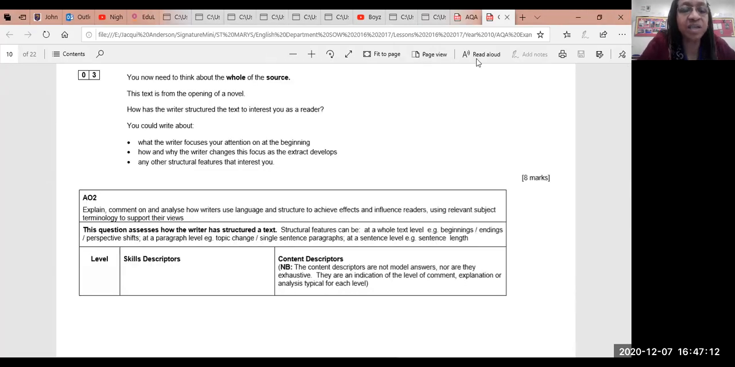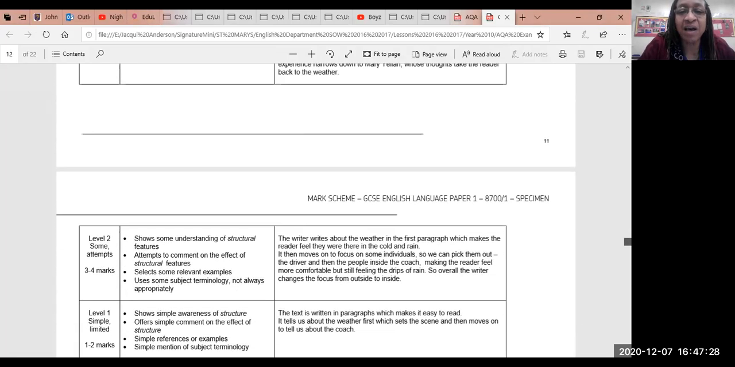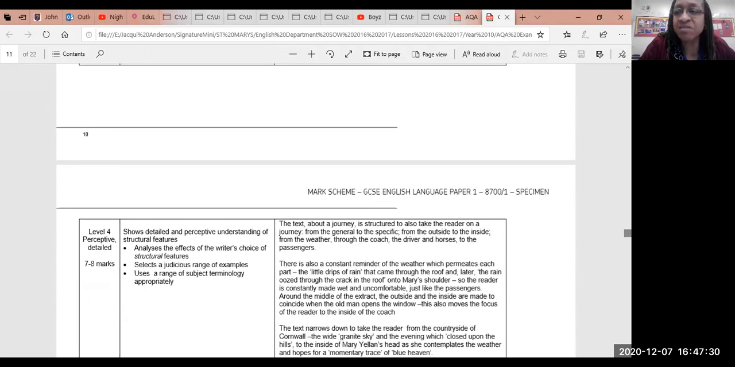Lovely. Question 3 now is our structure question. And again, you needed to look at the whole of the source, and you needed to check what was happening in the text and where the changes lay. So if we look at some example answers here, for a level 1,